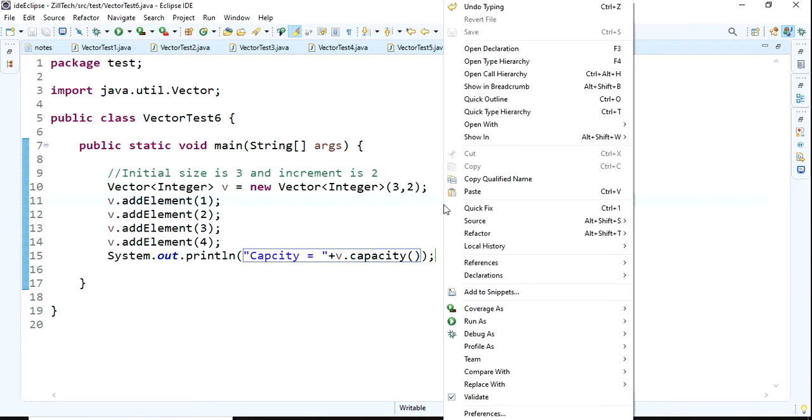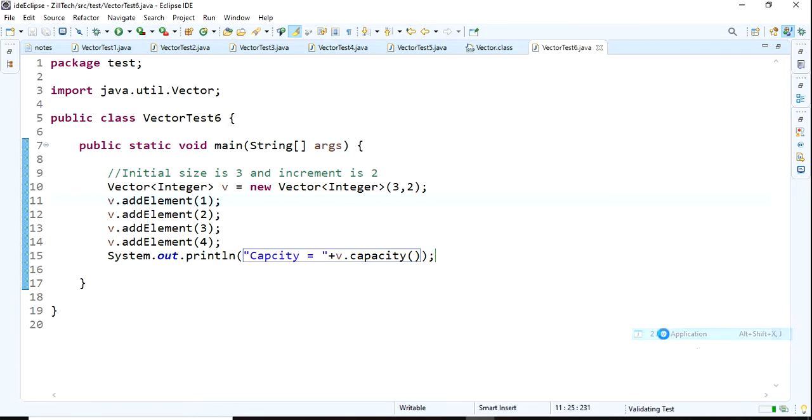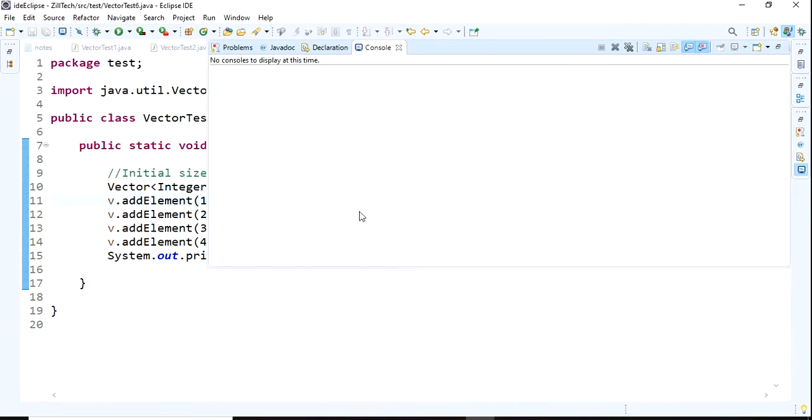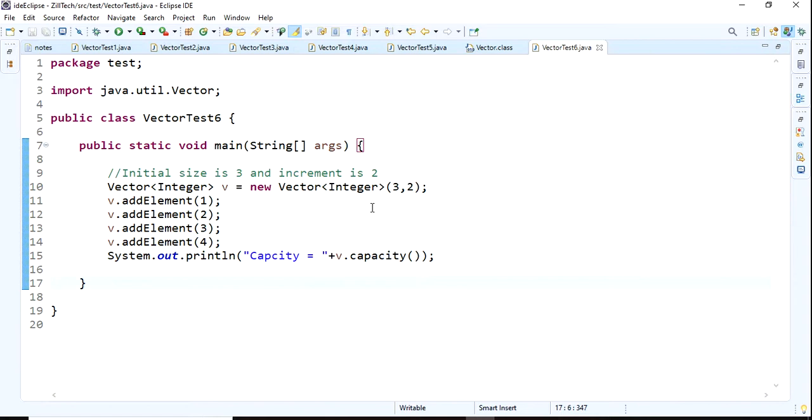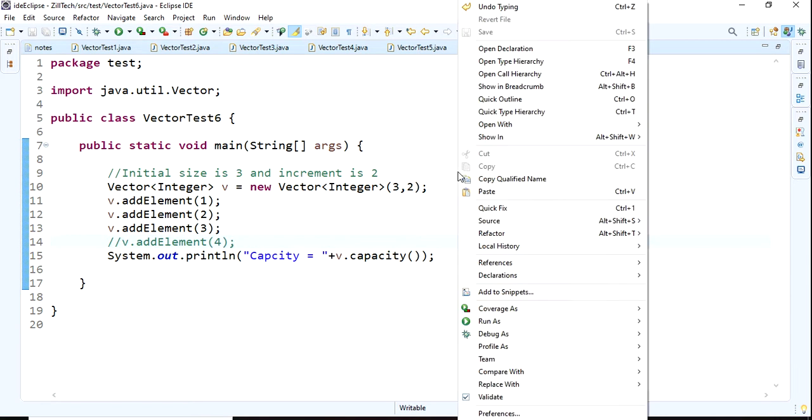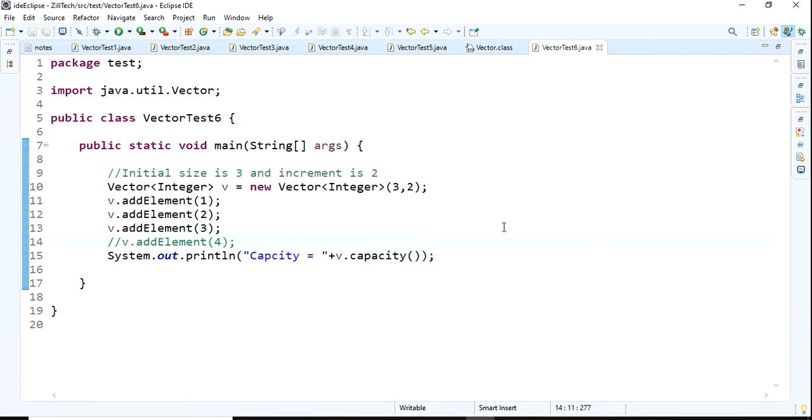Run as Java application. The capacity is 5. From 3 it incremented by 2, so it is 5. We already have 4 elements. Suppose this element is not there, the size is 3.